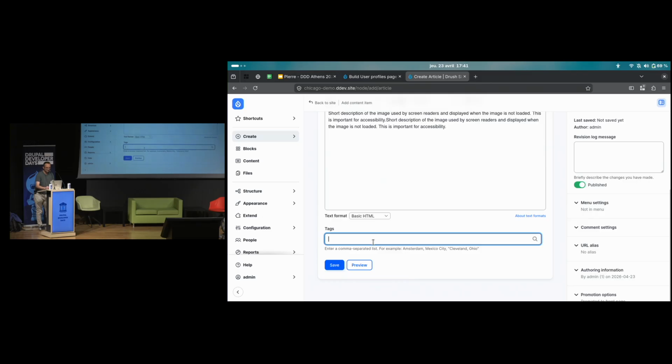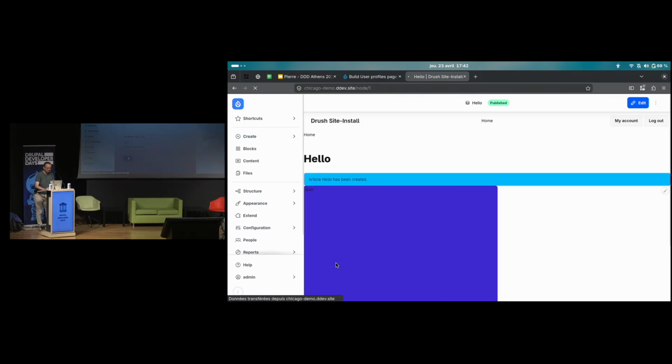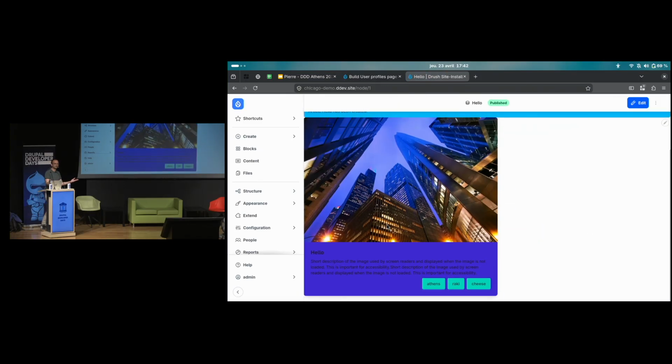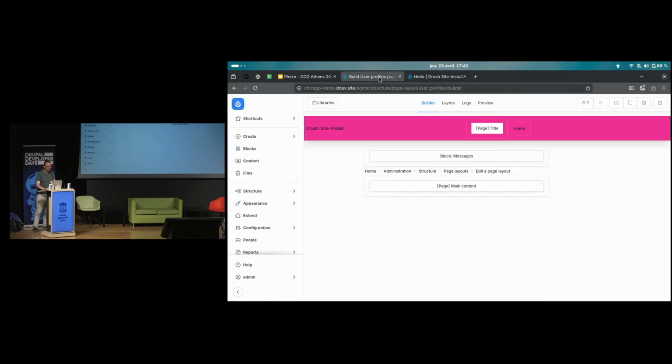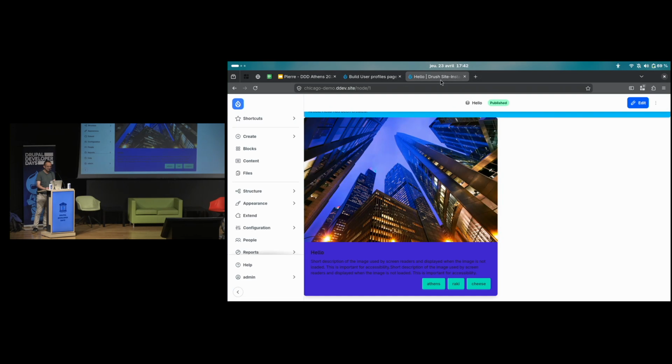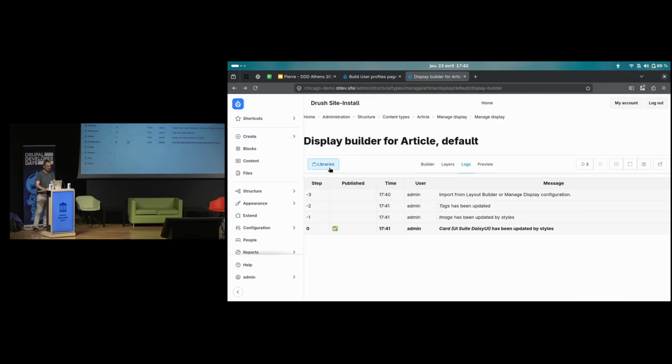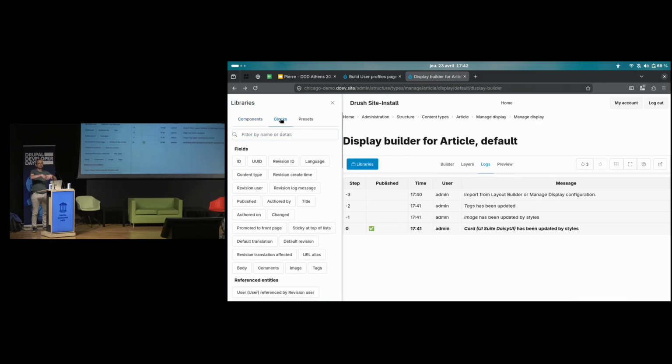And then, I don't know, Athens, Raki, cheese, you know. Yeah. So you see it works. So I replaced Layout Builder with the exact same tool as with the page layout. And the only difference was the context, because I have access to all the data of Drupal, all the context of Drupal.